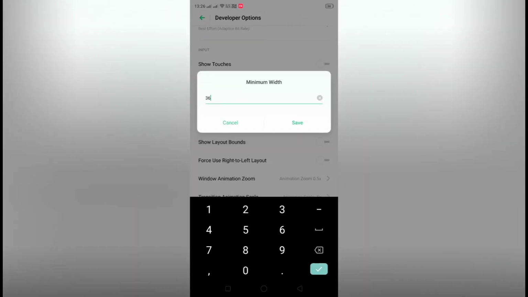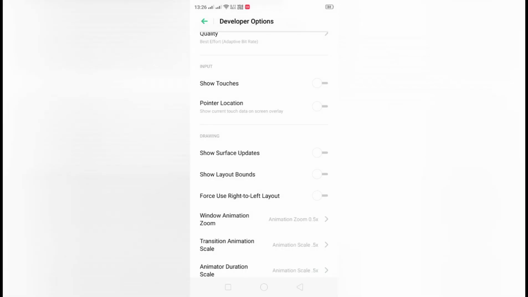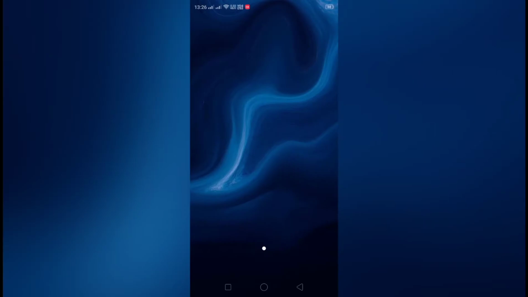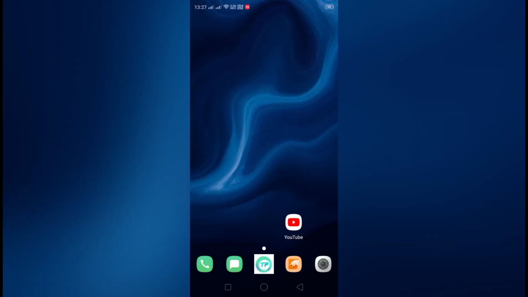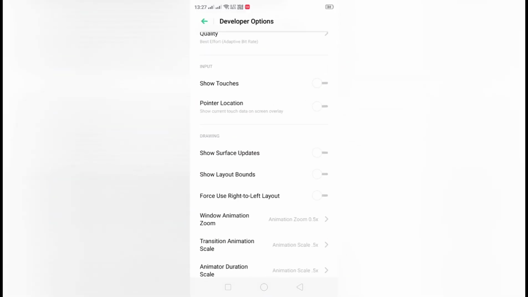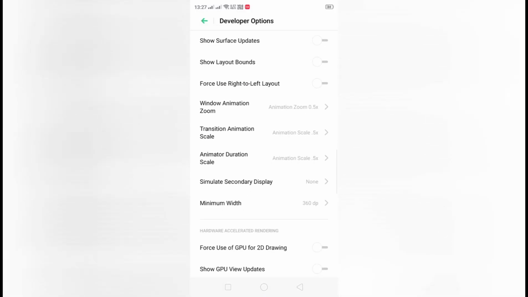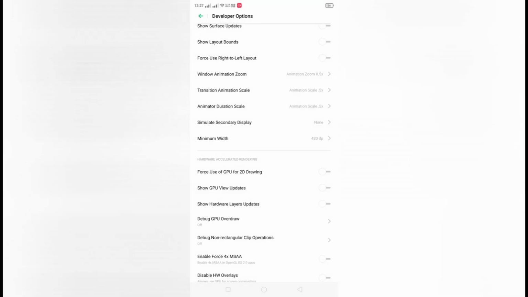By default, for every phone, the default will be 360p. With the default settings, you will see very large icons, and even the pointers and the font size will be very huge. If you want more screen space, try to increase that size to 480.